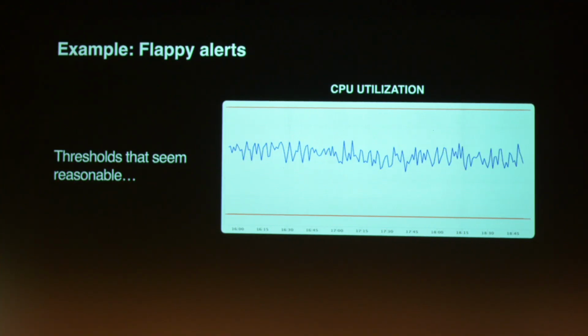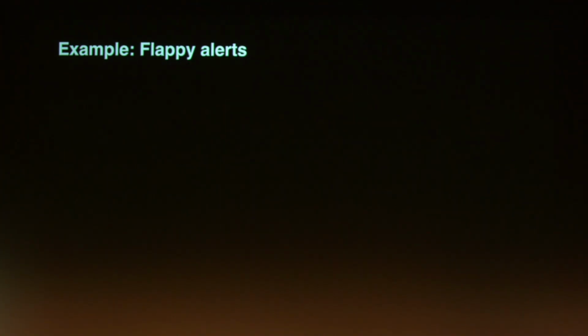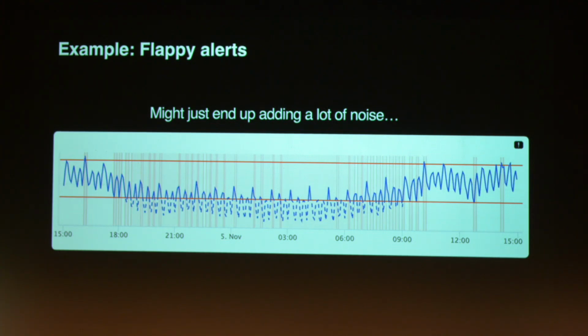So what is a Flappy Alert? We actually had an example of this in another talk, I think on day 1. This is your metric, pretty cool. You have your boundaries and the thresholds seem reasonable. As a human, you set this up, you present it to your team, you're proud, you have detection, yes. But then what happens over time is your data can move and your thresholds cannot catch up. These are static thresholds, by the way. This is one type.